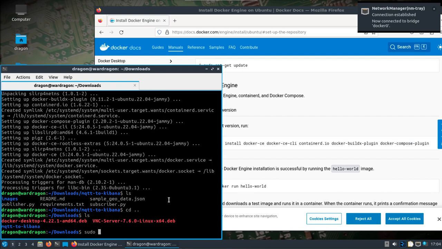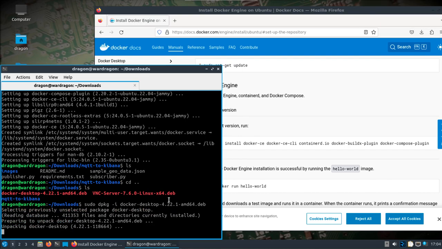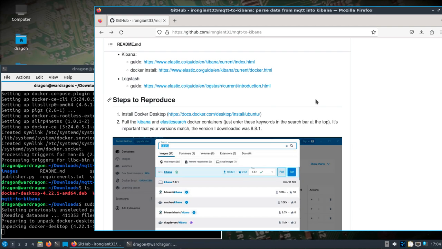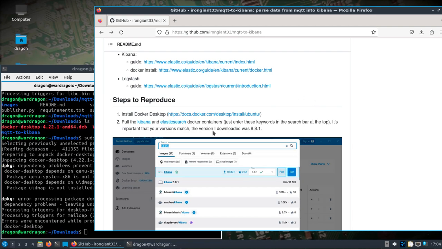Let's look in our downloads directory and we'll see if we can install Docker Desktop without complaints here. Alright, so it complains